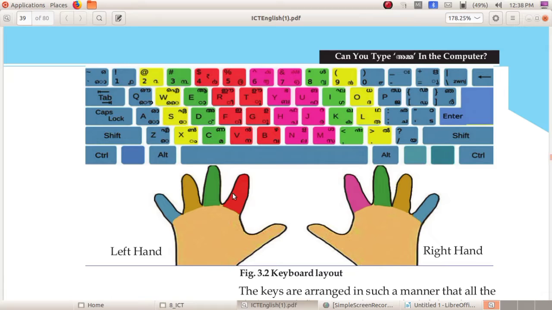Each color in the fingers indicates each key in the keyboard. So can you say which finger is used to type G or U? Yes, the index finger of the left hand.